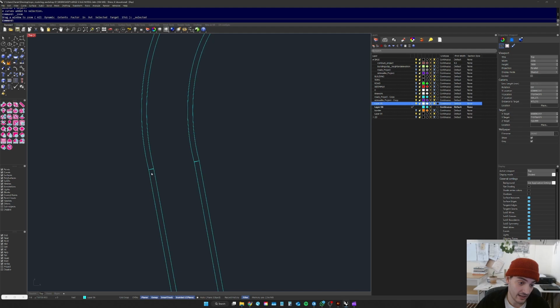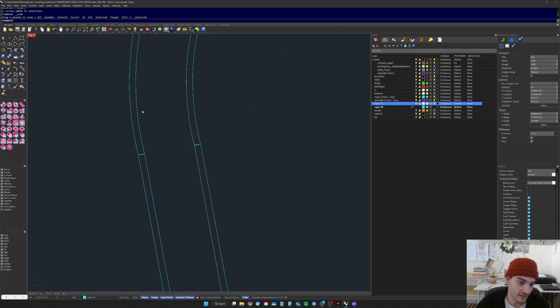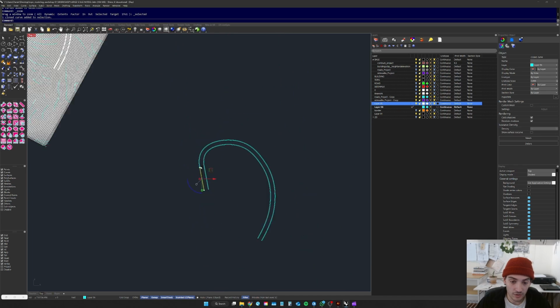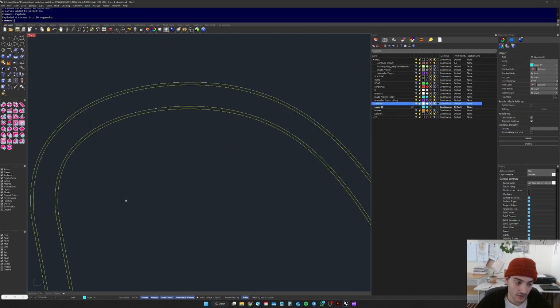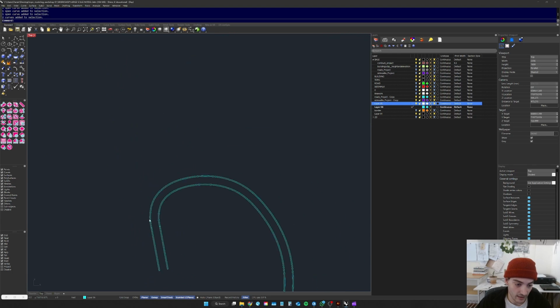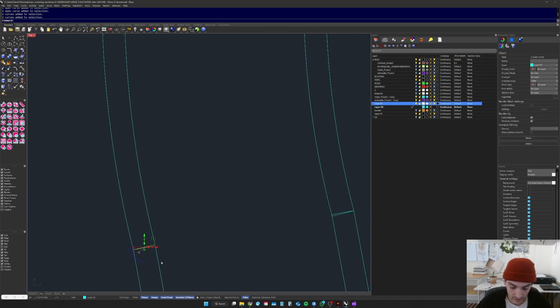Now this sort of mistake that I made, or just laziness of not doing this all in one piece, is we're gonna have to deal with that now. So what I'm gonna do is actually explode this again. So these curves are separate. And what I'm gonna do here is just delete those,